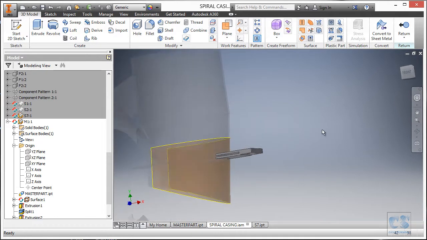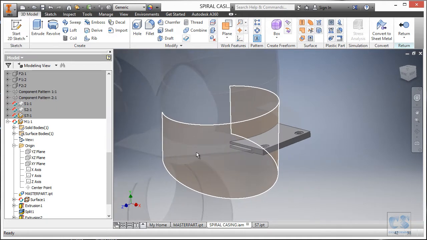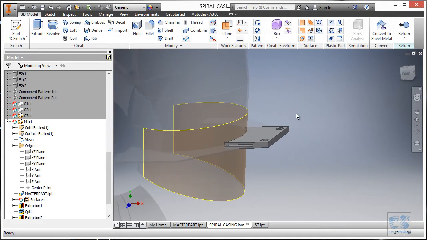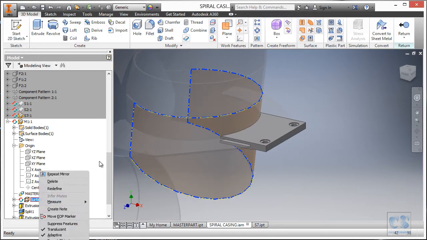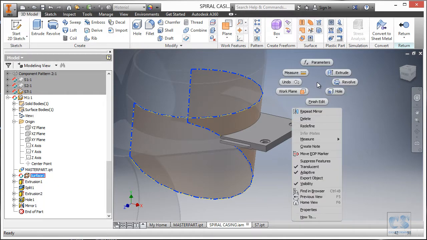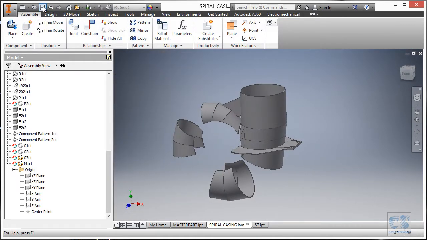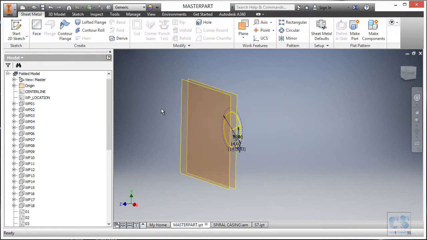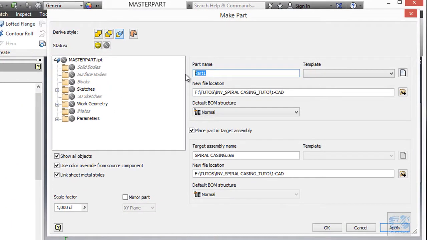Okay, so now we are going to create the ribs on this side and the other side, and we will mirror them in the assembly instead of inside the part as we did for this component. Okay, so first we will turn off the visibility, which is out of the area, and return to the assembly, save the assembly, and from the master part we'll make a new part which will be rib, but we use the S letter anyway.